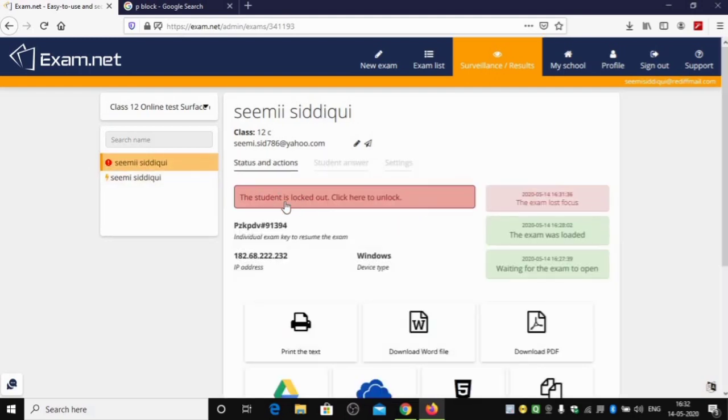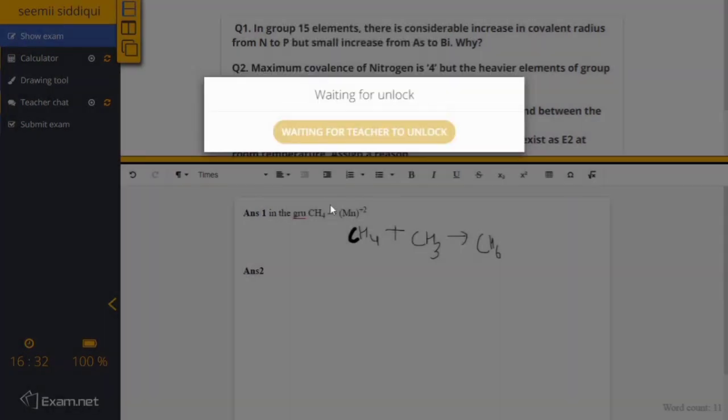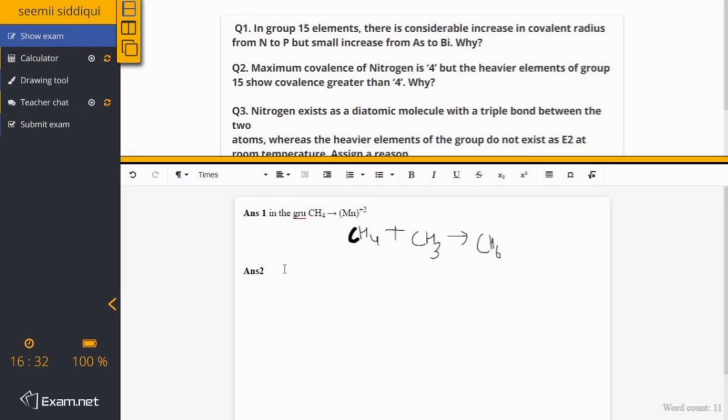Then I will be providing you the unlock key. When I click the unlock from here, now you can join over here. Like this it will come. Now you need to wait for me to unlock it. Got it? So cheating is not possible online.